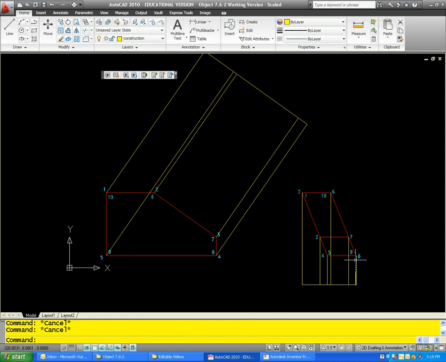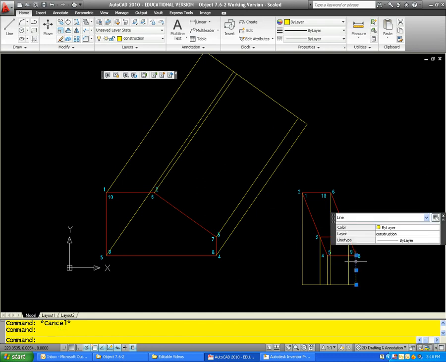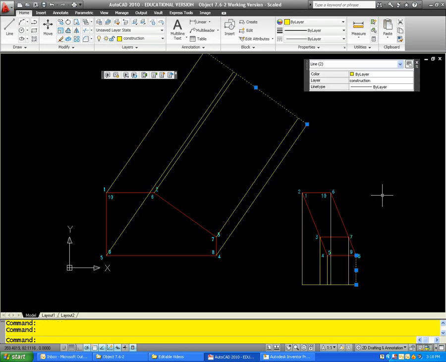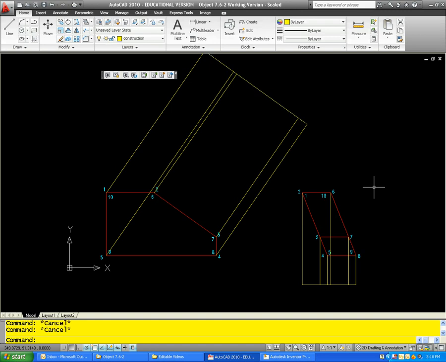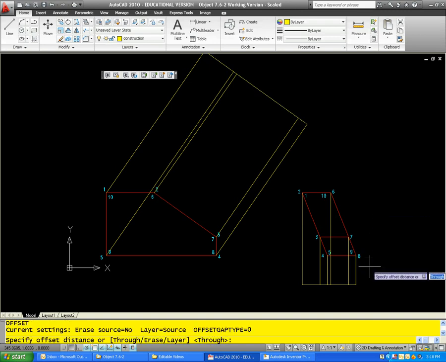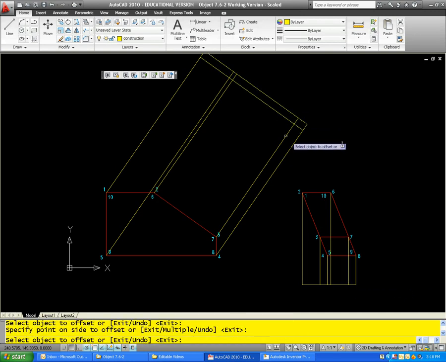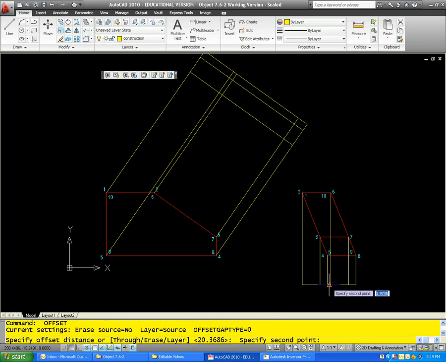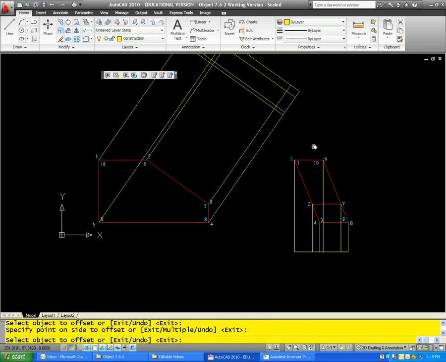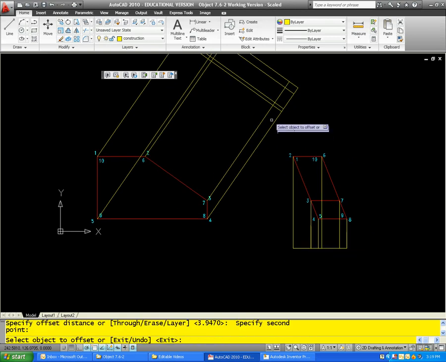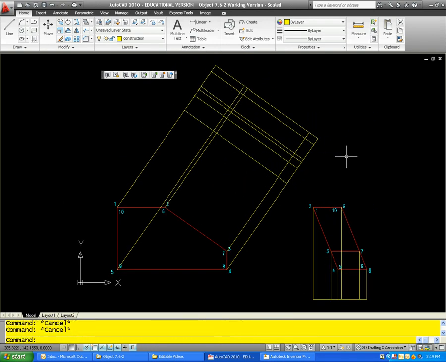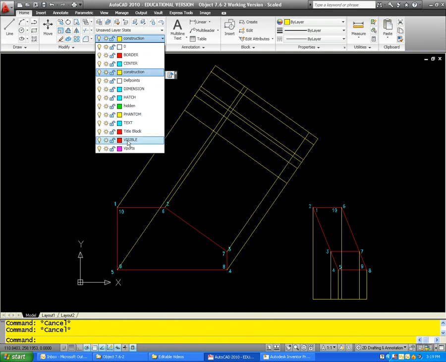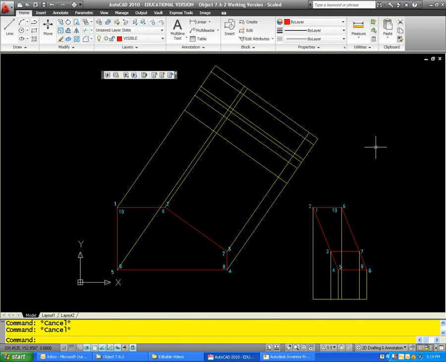Alright, so now that I've done that, just to tell you, this line here I've declared as my reference plane, and this line. So I'm measuring back toward the object just like I did in the previous video. So I'm going to take my offsets, O for offset distance, and this escape and space bar is how I'm able to re-enter the command so fast. Alright, and what I want to work on first, after I go back into the visible layer, is the